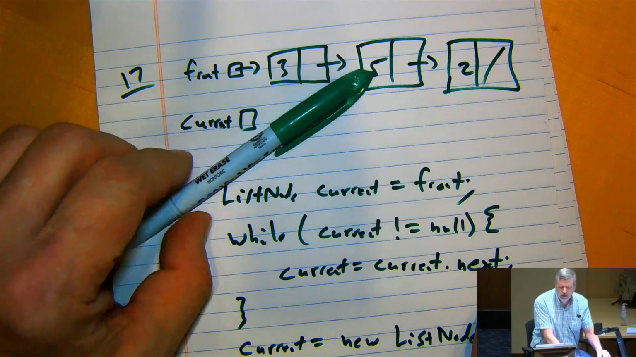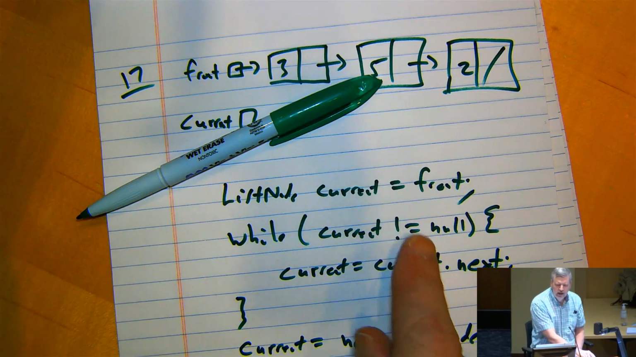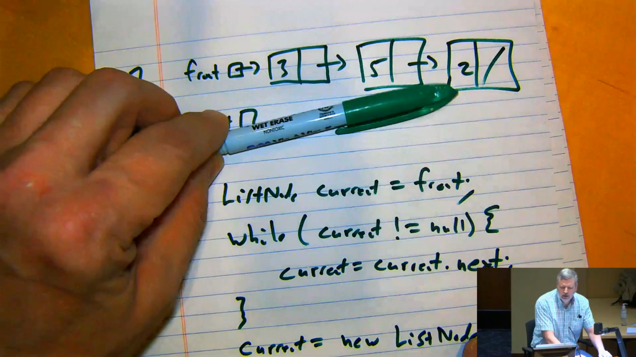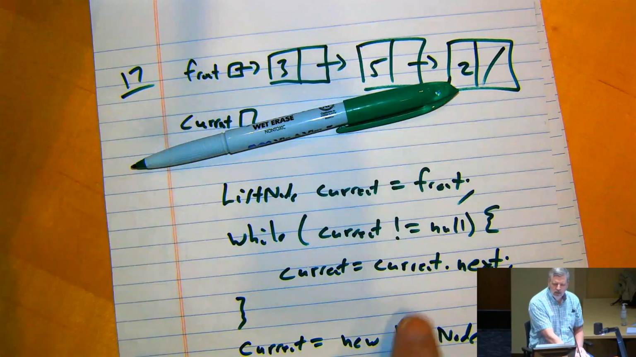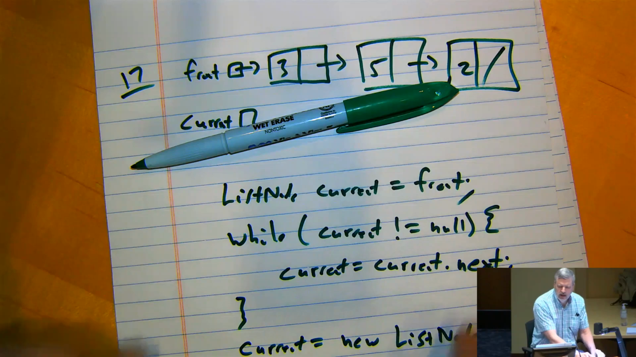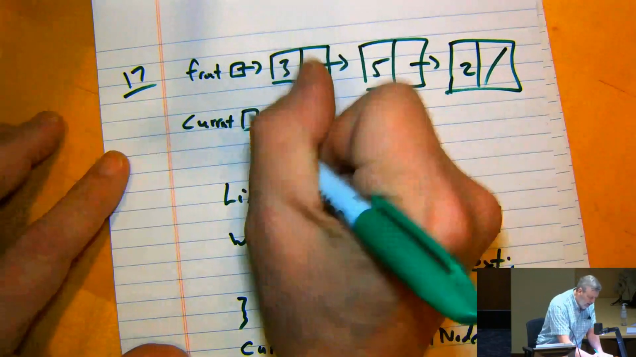So the first time through the loop, current would get reset so that it's pointing at that node with the 5 in it. We come back around. Still not null. And so it sets current to current.next. Current.next is now this arrow. So current is pointing here at the node with the 2 in it. And that's still not null, so it sets current to current.next. Current.next is null in this case, so we set current to be null,